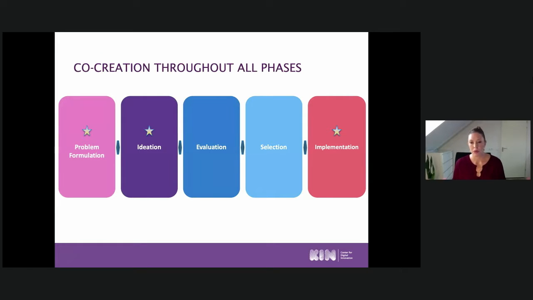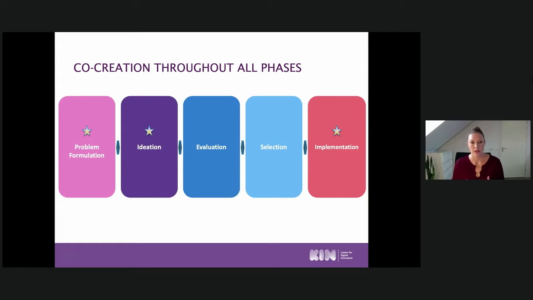So the crowdsourcing process has many phases. I listed the phases here so you can see these. For the Save Our Oceans project, the entire process lasted around 9 months. And unfortunately, I don't have time to talk about all the phases, but one of the key insights from our